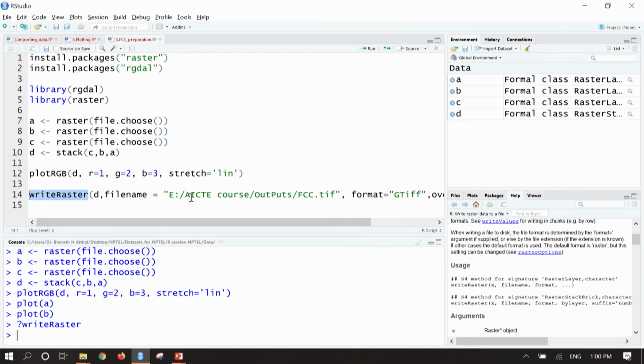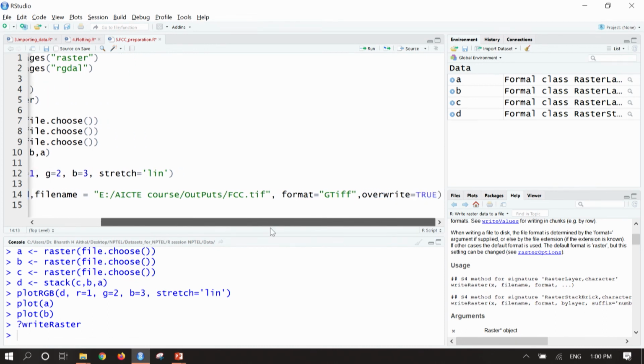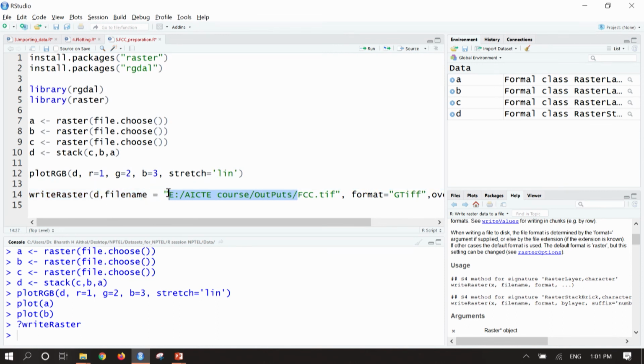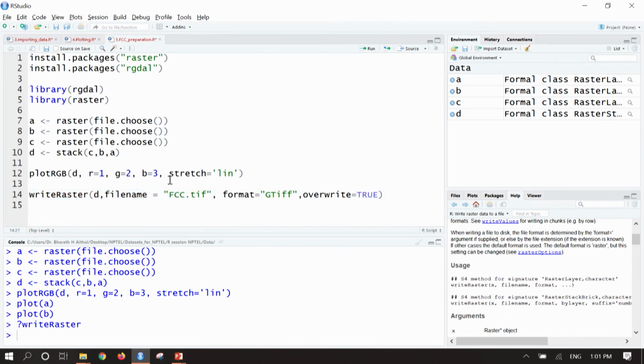Here x will get replaced by D, and the file name we mention along with the path. Since we have set the directory, we don't need to mention the path; we just have to mention FCC, give the format GeoTIFF, and overwrite if an existing file is there. I will rename it as FCC Landsat 4, since this is an image from Landsat 4 imagery, and then run.